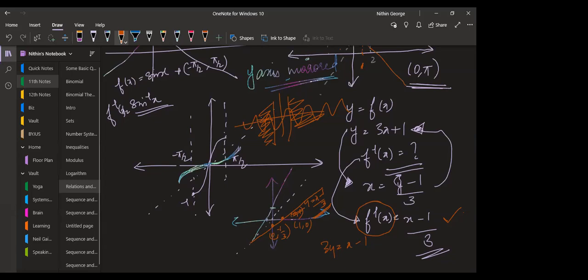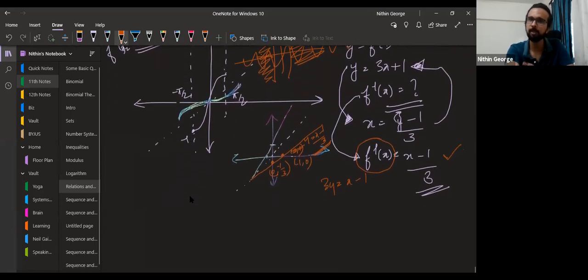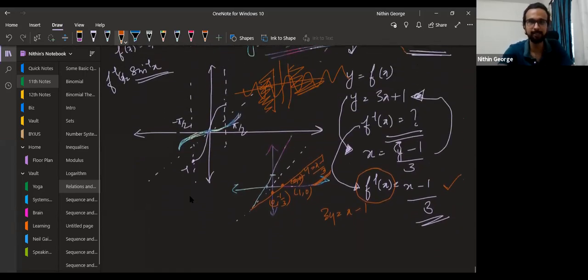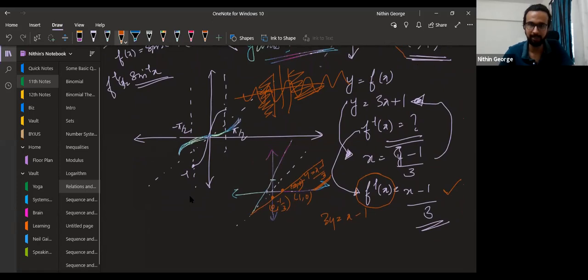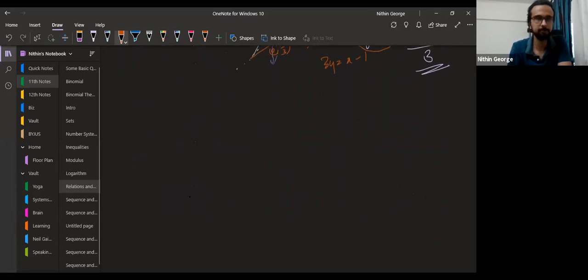How to find inverse? It's simple, right? Put y equal to x as the mirror. That's it, if you want to find it graphically. If you want to find it algebraically, write x in terms of y, and then replace it with x. Replacing it with x has the same idea. Look, this line here is y equal to x. So that is why the replacing with x works. Did you understand? All right. So, let's move on to the next transformation.